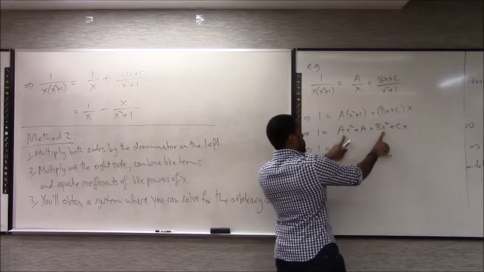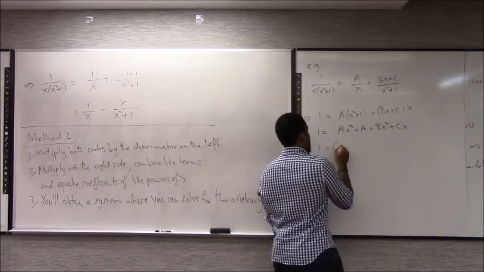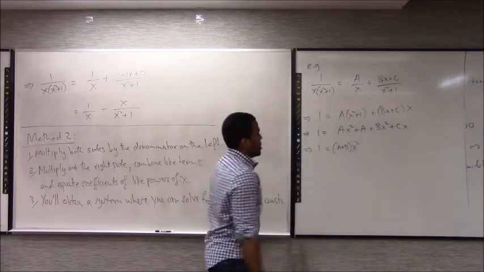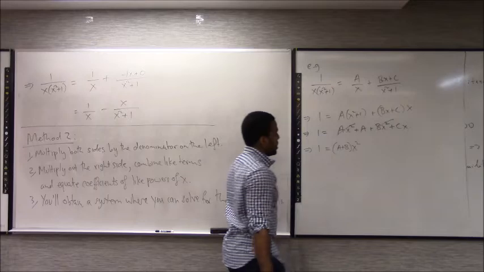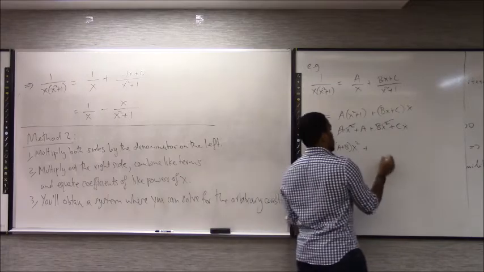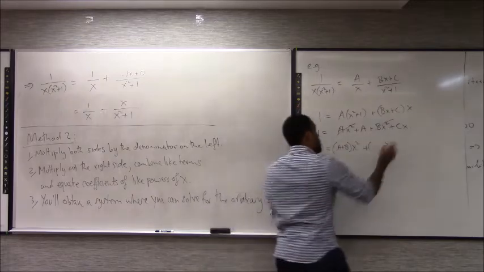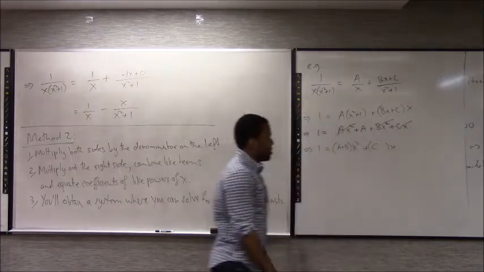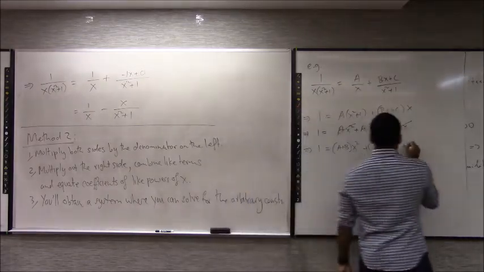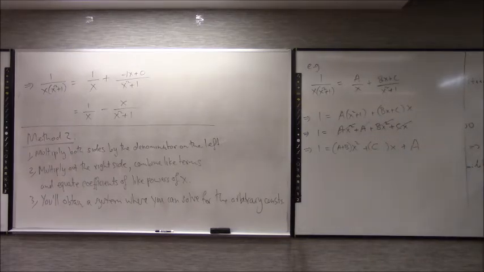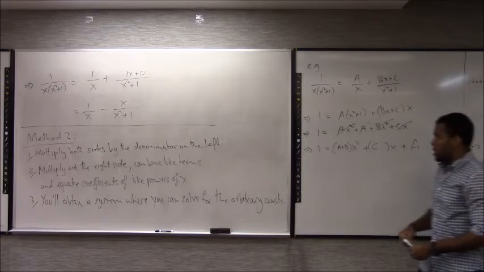So x squares, I'm going to combine them. Notice I have A plus B x squared. That takes care of these two terms here. And there is a term for the x, that is the C, which is lonesome. And there's a constant term, the coefficient of x is 0, which is the A. Now we manipulate this to look like the